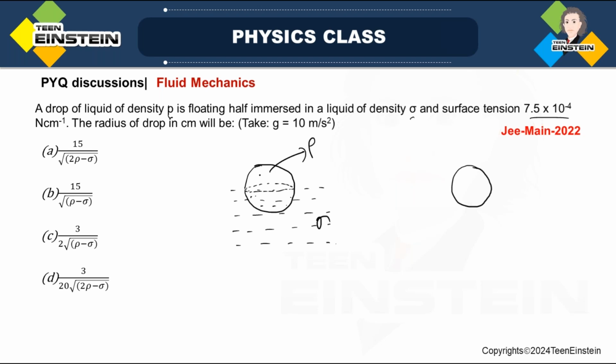Now you have to find out the radius of the drop if the surface tension is given as 7.5 into 10 to the power minus 4 Newton per centimeter. Okay, so this is very simple if you understand the concept. So what is the concept here? What are the forces acting on this liquid drop? Here you have to recollect